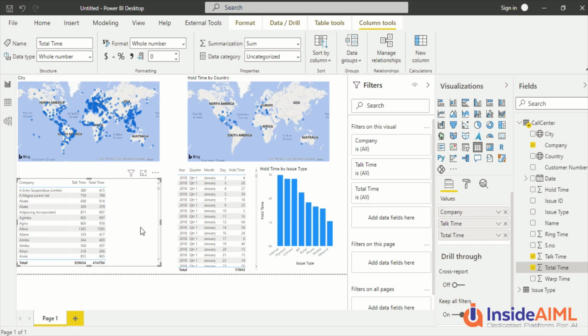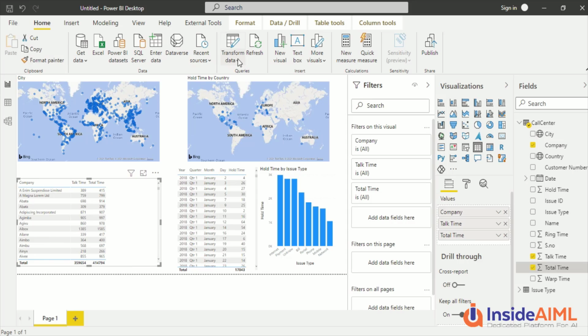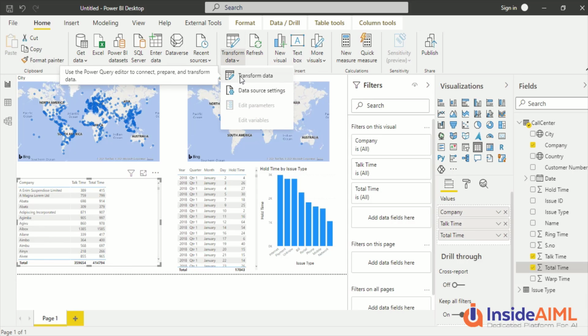Now if you wanted to do anything related to data preparation, so what do you mean by data preparation? Like we created a new table, we added new columns, we replace certain values, we might have some if else logic and all those. We want to combine two tables, we want to split a table into two, and all those. These are more of a data preparation kind of step. So data preparation should be done in the Edit Query or the Power Query or under the Transform Data mode. It is done best out there.